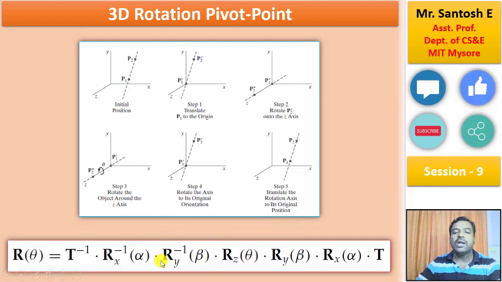That is, I need to have the inverse of the rotation. And once this is done, I am going to apply it to the object, and then I am going to retranslate. Hence I am going to have T inverse. Hence I am going to have this 5-step process where I translate, I rotate, I rotate with the actual theta value, I re-rotate, and I retranslate. So this is how the 3D rotation with the pivot point is going to work in your OpenGL program.